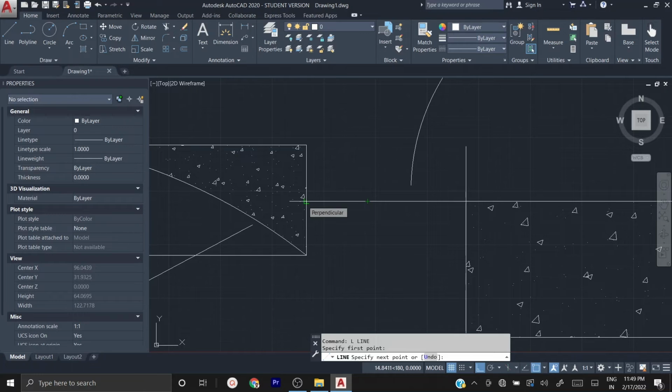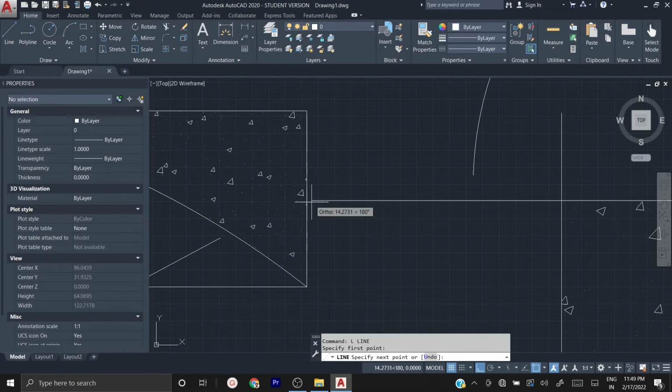Then see, if you want to create a perpendicular line, then you need some help from AutoCAD. So how are we getting that help? See, you get some green triangle and some green cross mark, and if you move to the end you will get a green X. So there are different helps which we are getting from AutoCAD. See, all because of this object snap. Since the object snap is on, we are getting help from AutoCAD.